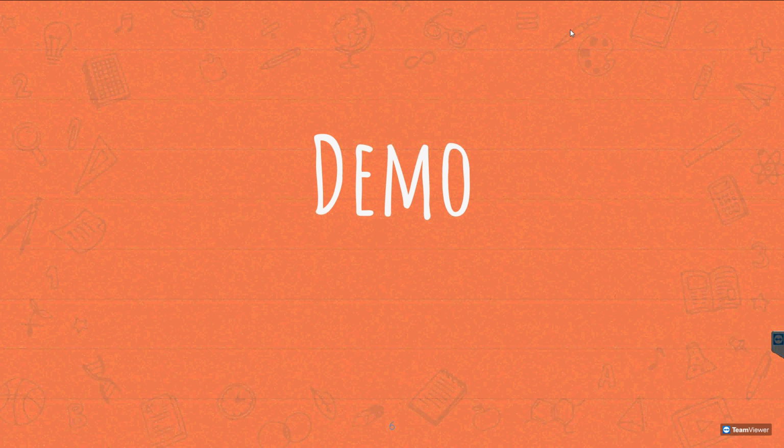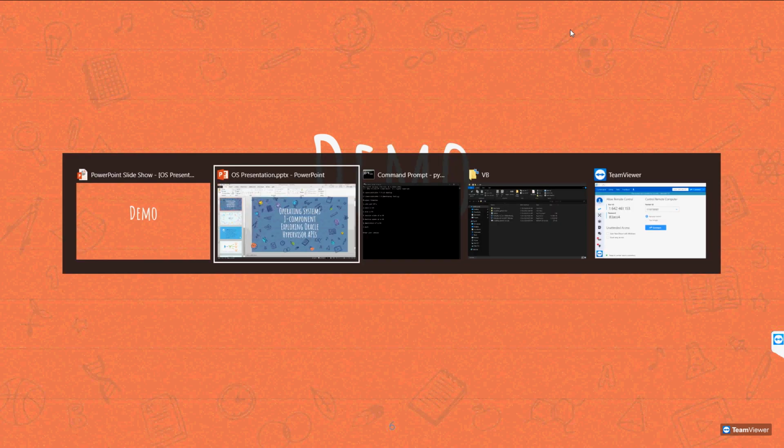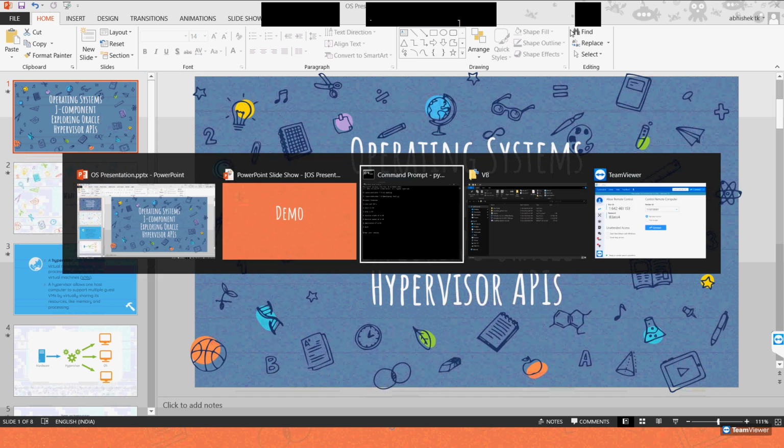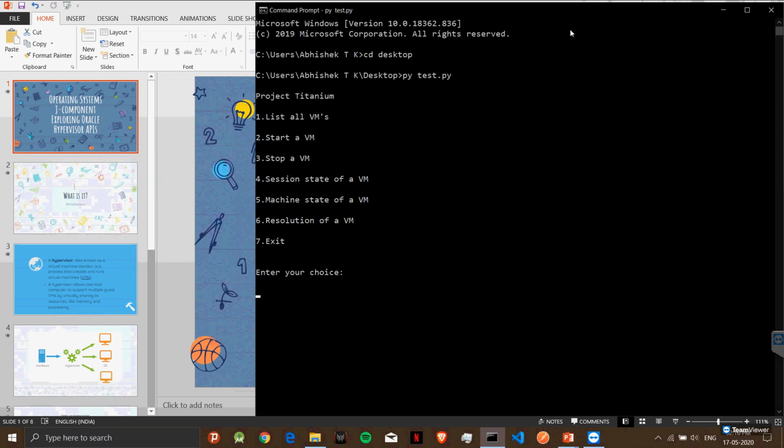Now my friend Apratim will take over. For this project, we have used the PyVirtualBox library. We have created a shell from where we can control the hypervisor API. We have used the VirtualBox software development kit to achieve this task.